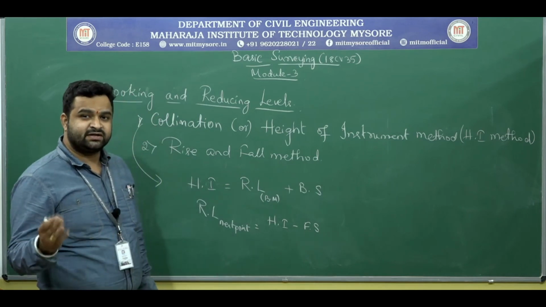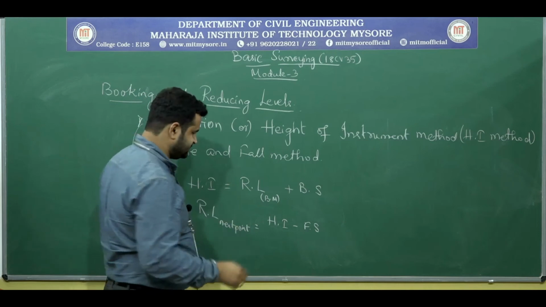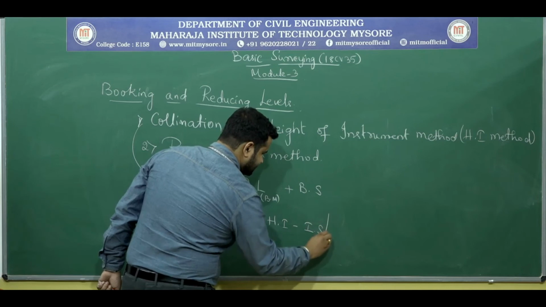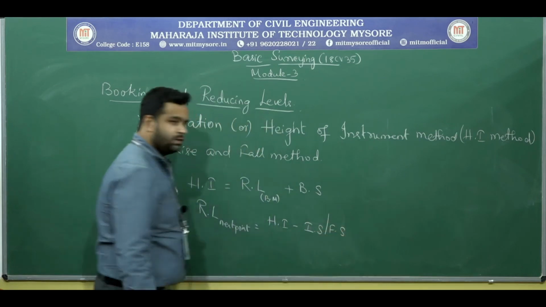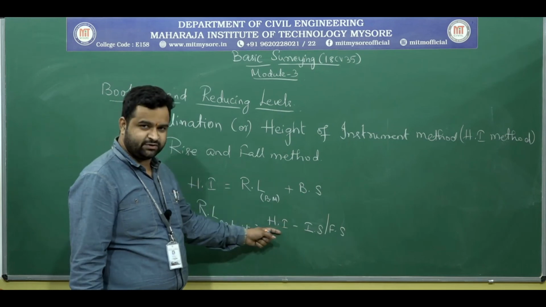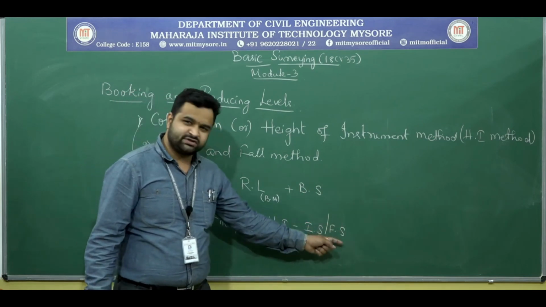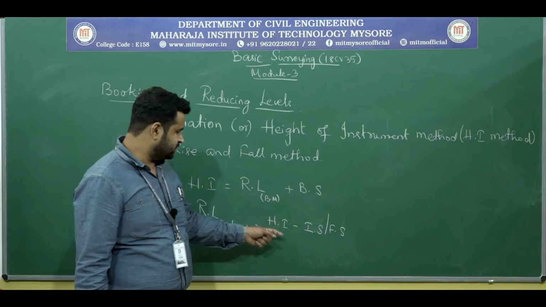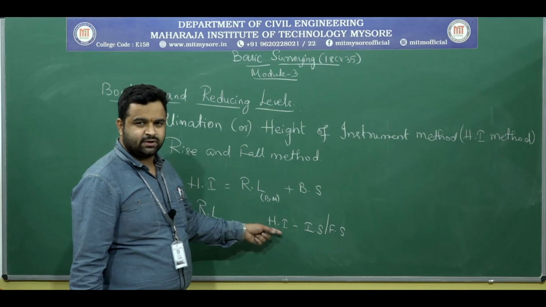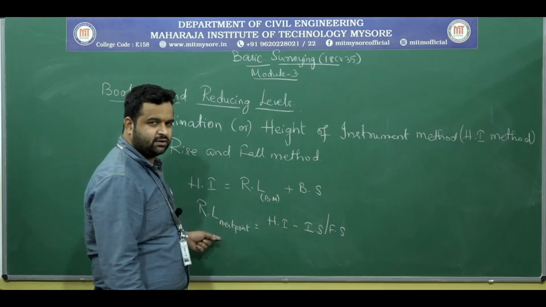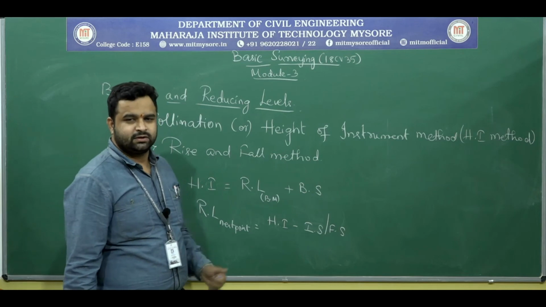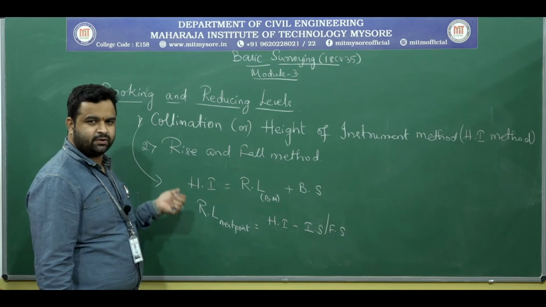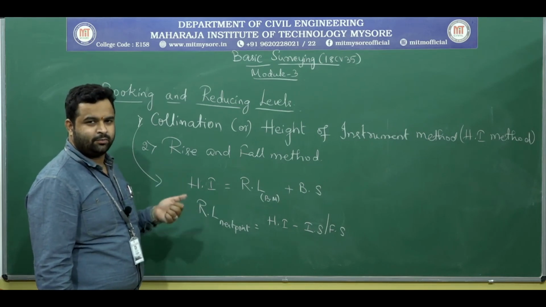What if you have intermediate stations? If you have intermediate stations, this can be written as intermediate sight or foresight. Intermediate sight is subtracted from height of instrument, and foresight is also subtracted from the height of instrument. Okay, so by doing this calculation, HI minus IS or FS, you are going to get the RL of the next point. Okay, so please keep these two formulas in your mind, because when we take up a numerical problem, you need this.